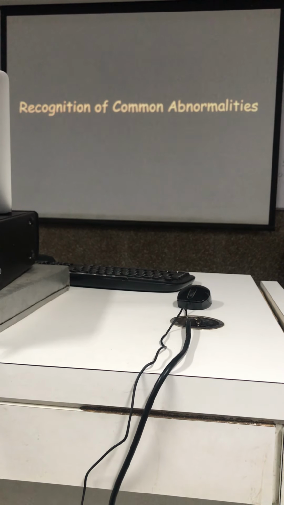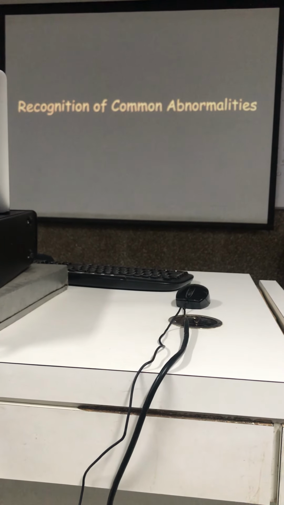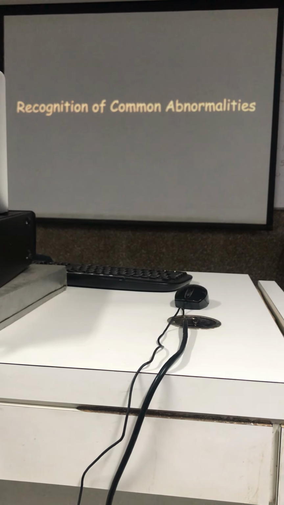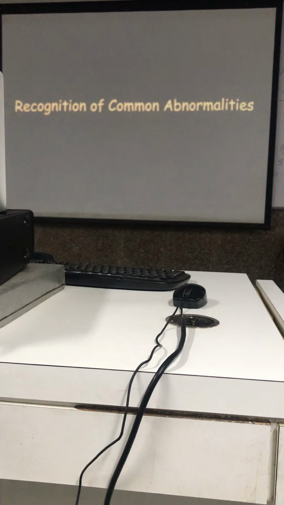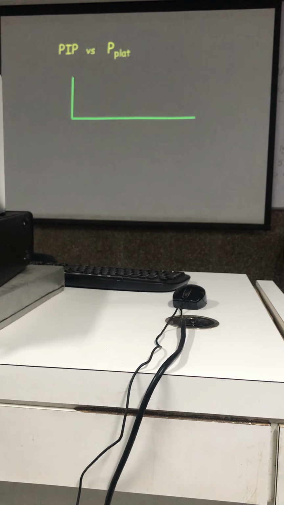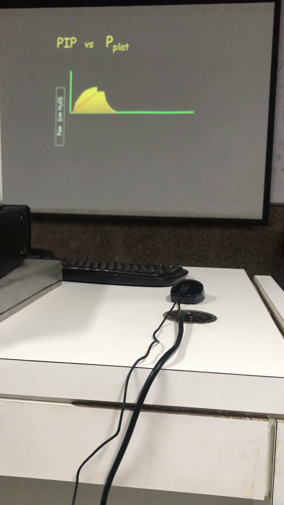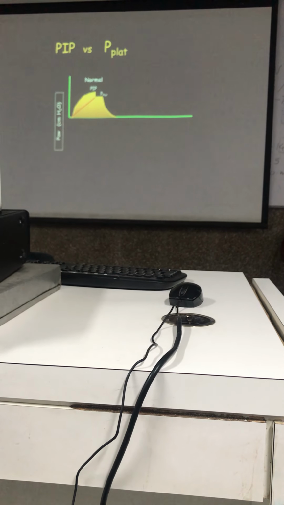Now, coming to what are the abnormalities that you can recognize in pressure versus time scale. So let's look at peak inspiratory pressure versus plateau pressure. So what is this? This is